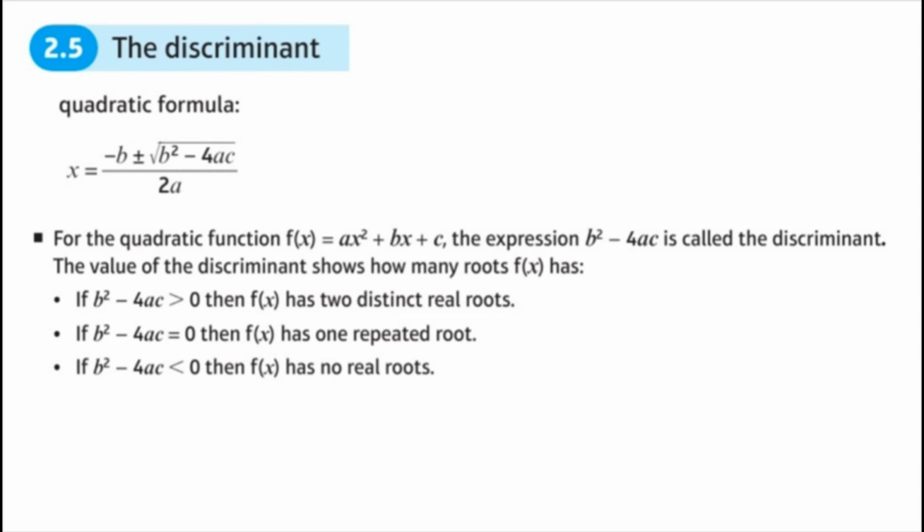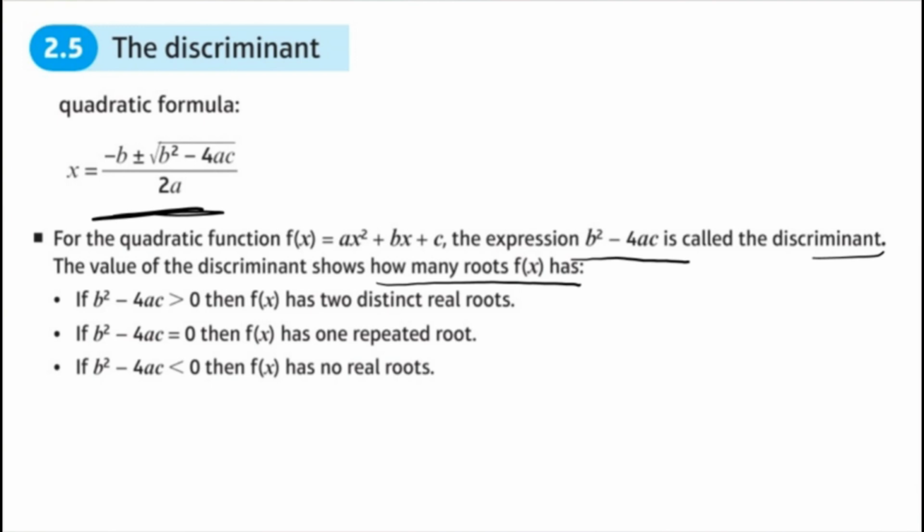Topic 2.5, the discriminant. As we already discussed, this is the quadratic formula. In this quadratic formula, b squared minus 4ac is known as the discriminant. Now why do we have to know this discriminant? If you know the value of the discriminant, we can say how many roots this function